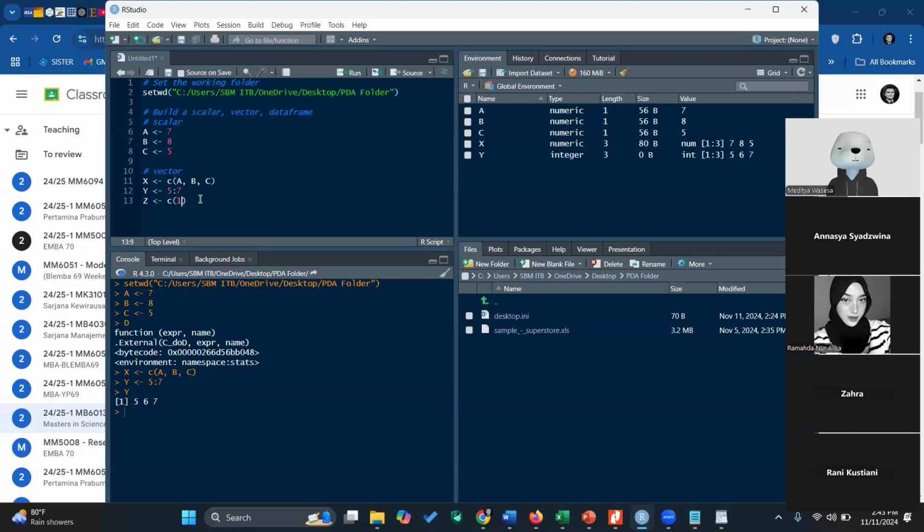I forgot. Maybe let's see, 5, 7, okay, 8, 9, 10. Let's try. So if you want to build a vector, just see and then the content of the vector.